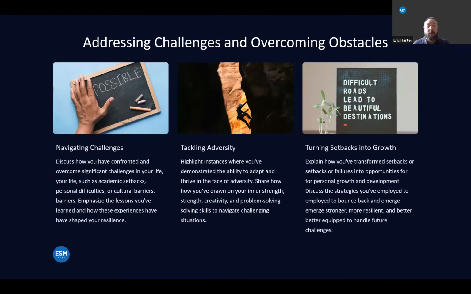And a lot of students have a lot of challenges and have overcome many obstacles. This will be a very common type of personal statement. Now, your obstacle will be very different than someone else's. So, if you do have these challenges or have overcome an obstacle, think about, is it unique to you? If it's a very common obstacle, then you need to take it from a different angle. You can't go through the same angle of the rehab or getting your knee in the right place and how hard it was, because that's going to be pretty common. But if you go from a different side, you can start to see that this is something that was really hard for you, but how did you grow from it, and navigating the challenges that have confronted your life?